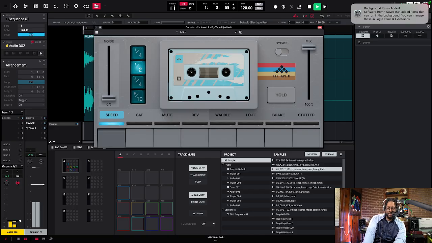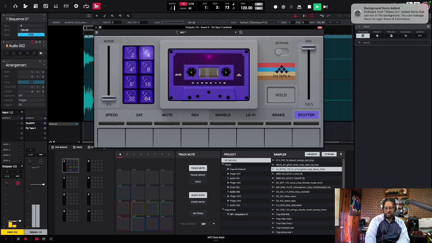You can also do a mix on it. And if you want to hold it, you have that hold button, speed. I like to just tap it and